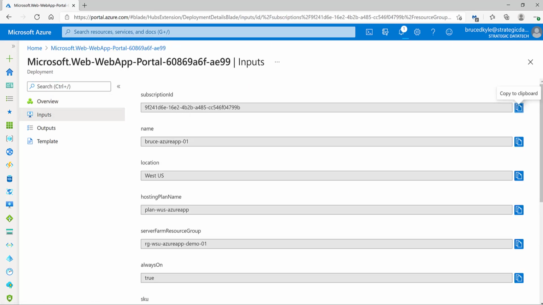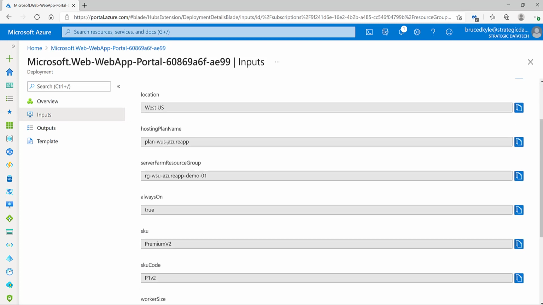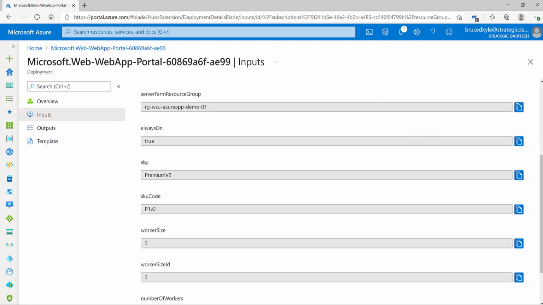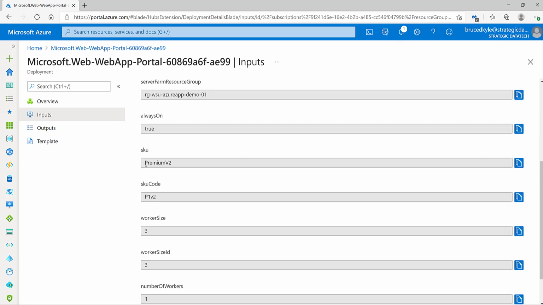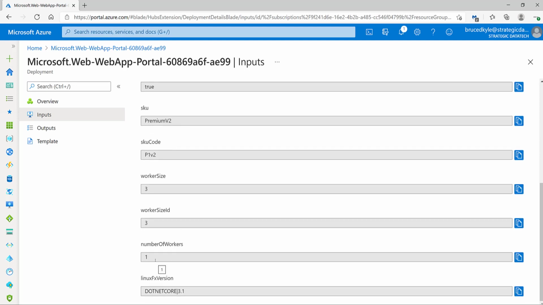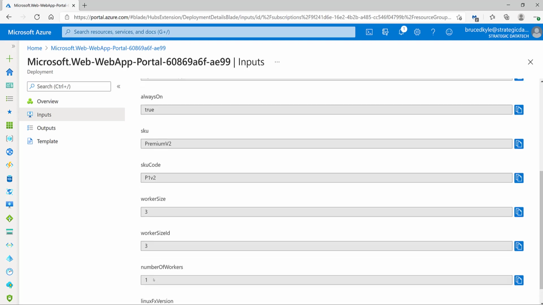So there's my subscription ID. There's the name that I picked for it. There's the host. This is called the hosting plan name. This is the app services name. This is the name of the group that it's putting the hosting plan in, and they call it kind of a server farm. This is the name of the SKU that I selected. That's the size of the virtual machine, and it told me the number that I wanted and basically the size and the version that I wanted for